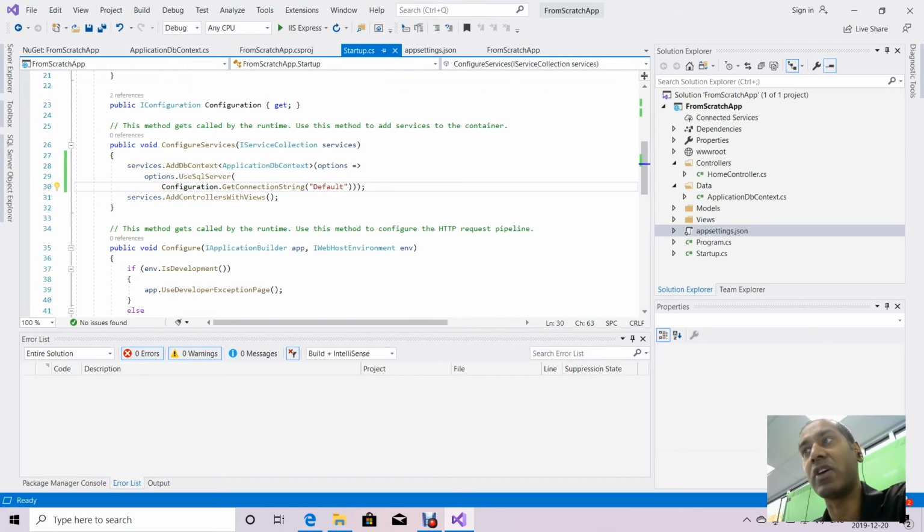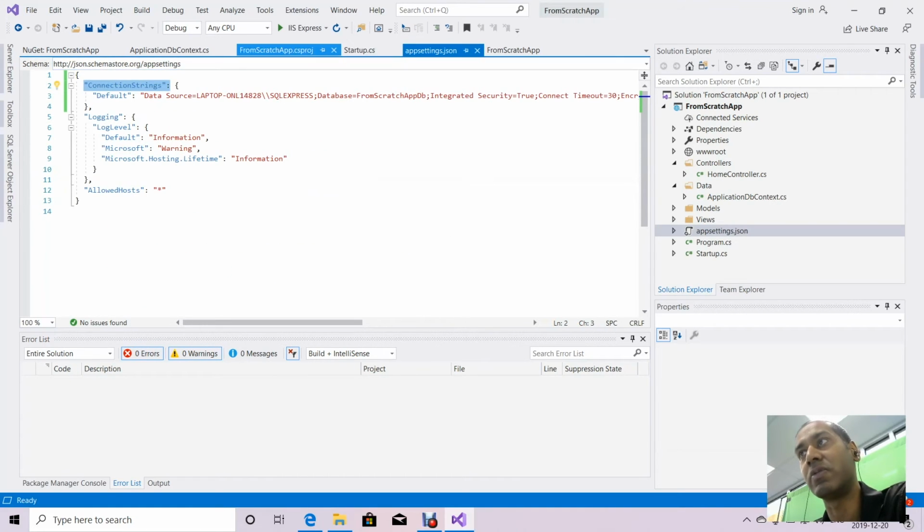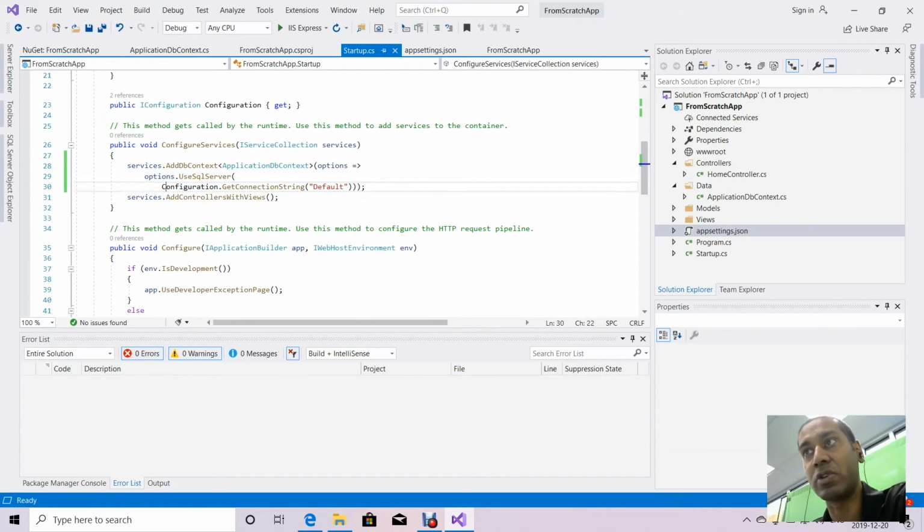If you want to access different variables or different attributes in this file, you would have to use a different format. But for connection strings, it automatically looks there. We'll get to that later. Okay, so now we have our